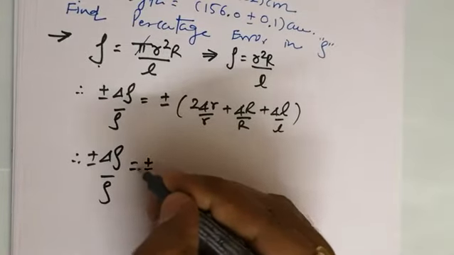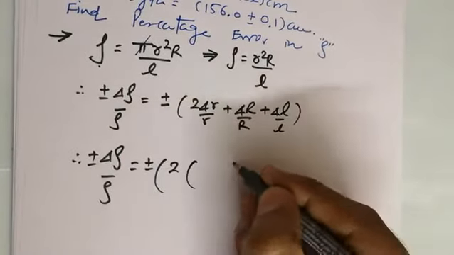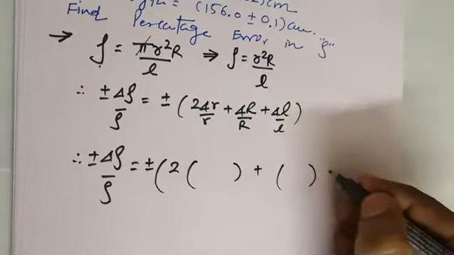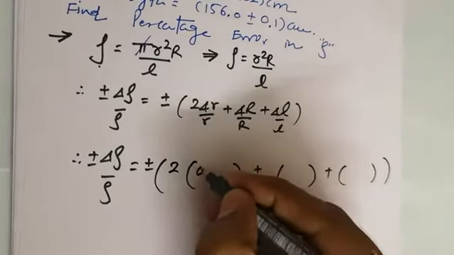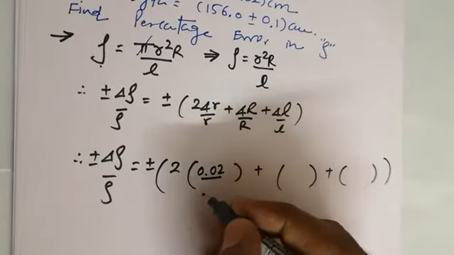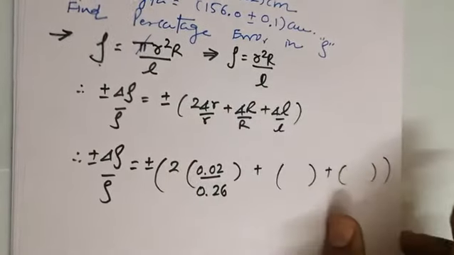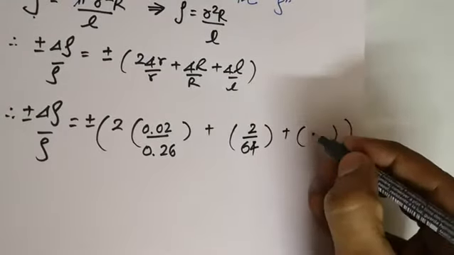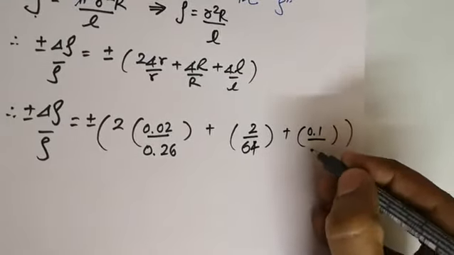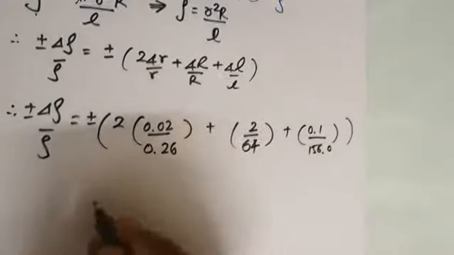Whenever you are putting such type of data, be careful, because a minor change may lead to a wrong answer. At that time you are not in a position to remove your errors. So don't make any type of human error. As you are now familiar with the different types of errors, I have placed the data in front of you, and that is 156.0.